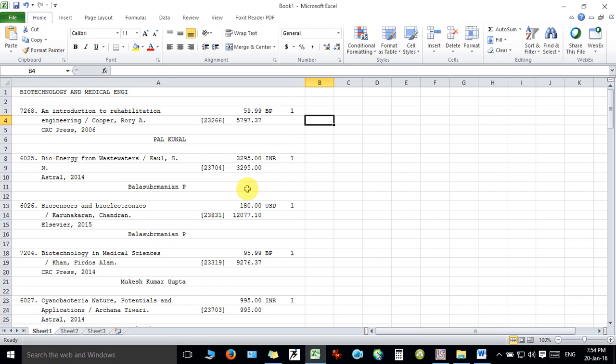I am going to use the method of adding one character, and later I'll use that particular character as a delimiter to separate this value into the next column. So what I observe is that there is a currency and there is a quantity, and